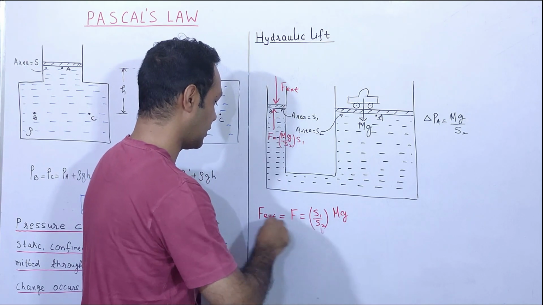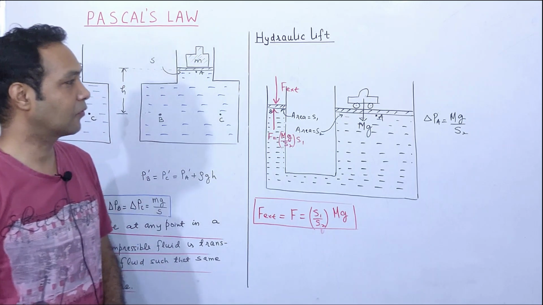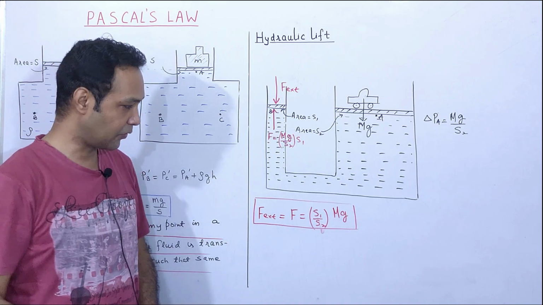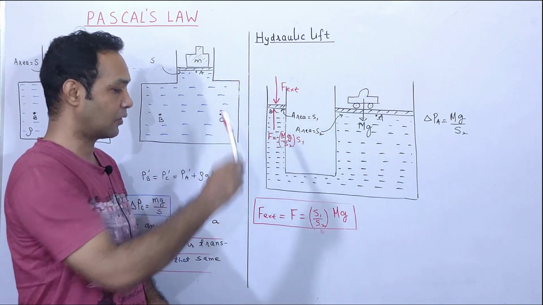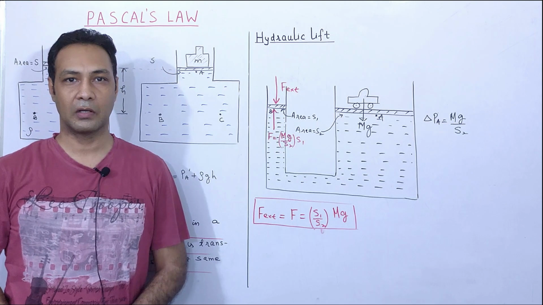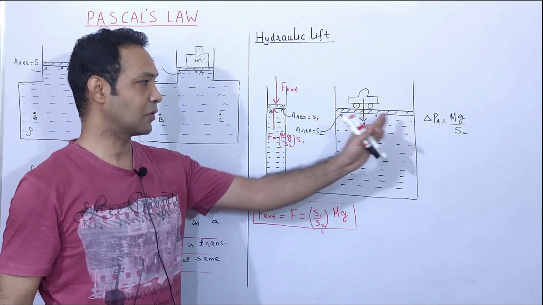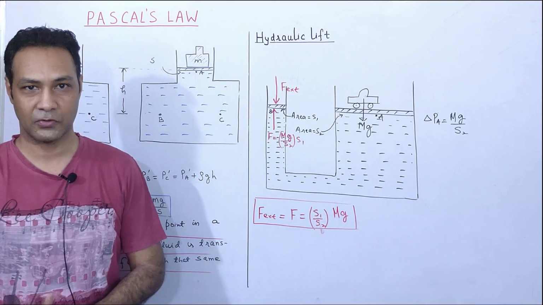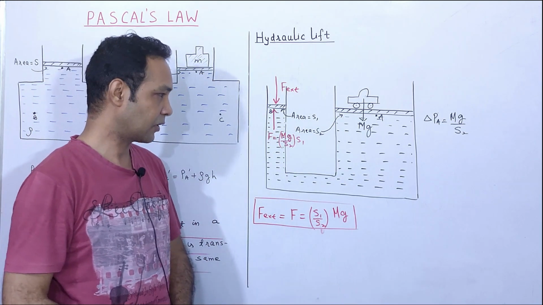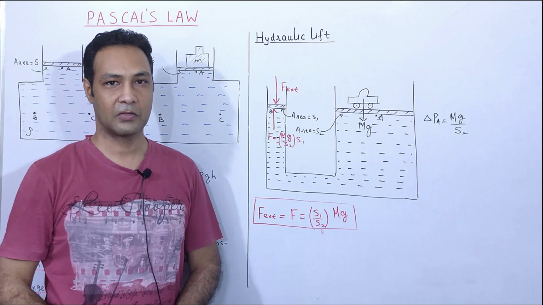Now how can we hold this car, or lift this car, by very little force? This mg is very large. So what we can do is make S2 very large compared to S1. Then F or F external will be very small, so we can lift this very heavy object by applying a very little force. The idea is that the load must be placed at a very large area of cross section, and the force that we apply should be at a very small area. So we can lift this car by applying a very small force. That's what happens in the case of a hydraulic lift.